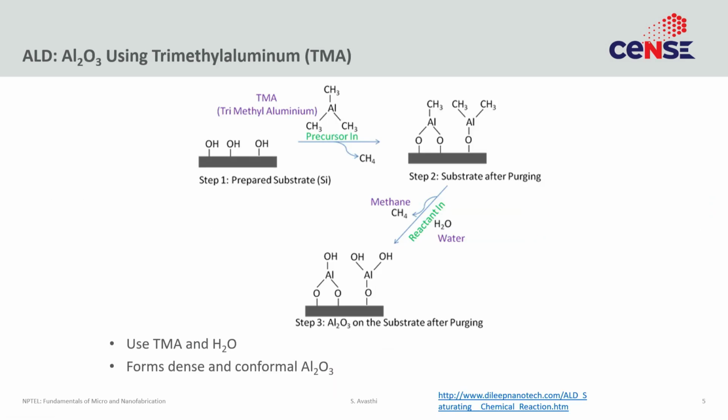Now, let us take the canonical example, and that is the growth of aluminum oxide using trimethyl aluminum or TMA. In a lot of ways, this is one of the most ideal ALD reactions. More novel or exotic forms of ALD sometimes deviate from the ideal. But before we start looking at the deviations, we should have an understanding of what basic, simple, ideal ALD looks like, and TMA is a very good example of that.